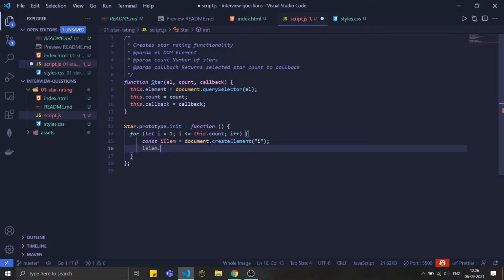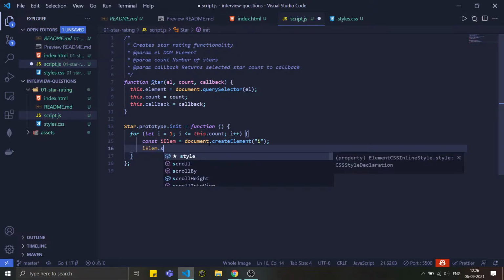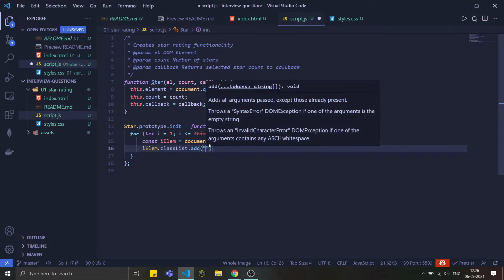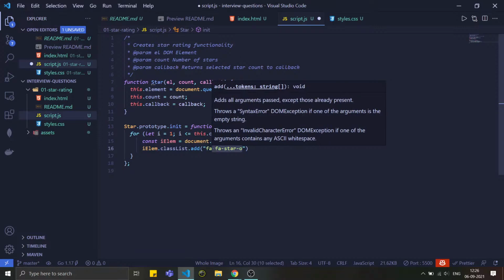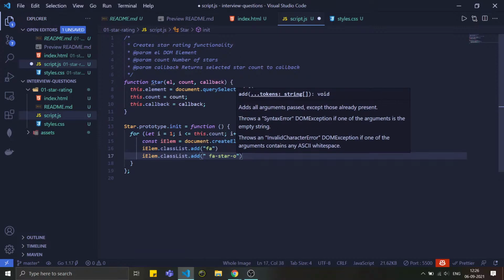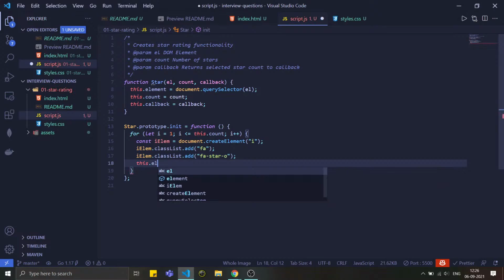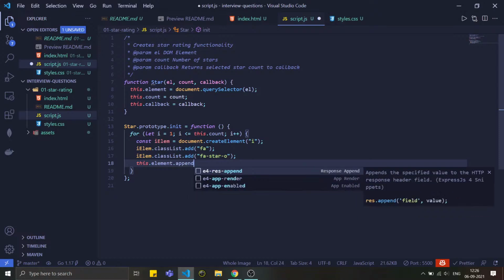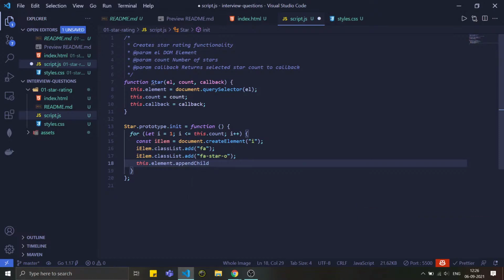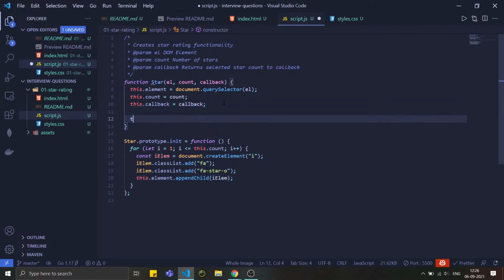That is the selected star dot class list dot add, and in this we have to first put the FA, then we have to put the FA star row. Okay, now that's done. We have to basically append this dot element dot append child, and I, and before running the code, let's call the init function,